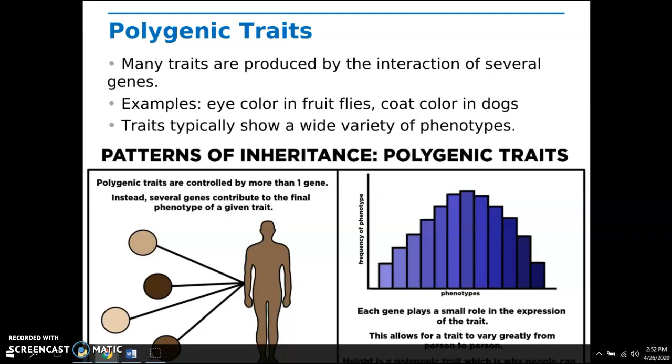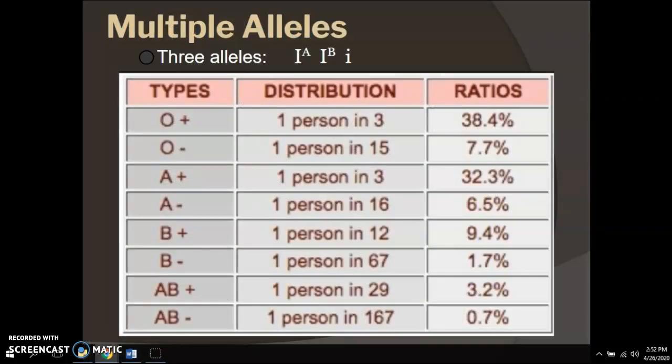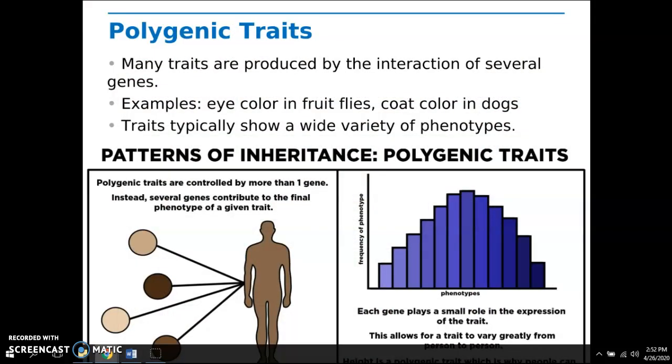Okay, so today we discussed polygenic traits and we talked about multiple alleles. So I want you to take a second and recap in your brain, what are multiple alleles and what are polygenic traits, remembering all the other types of inheritance that we've discussed already. Okay, there's one more that we're going to talk about briefly, and then you guys are going to do some more practice with this